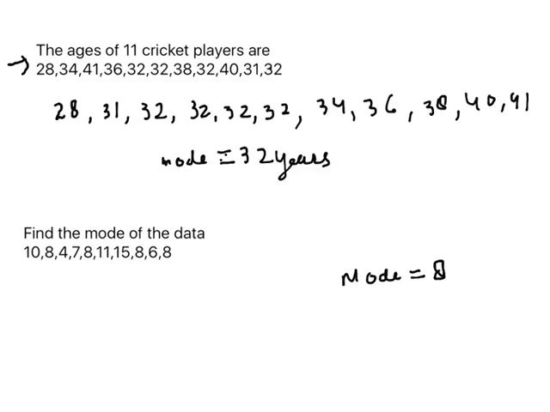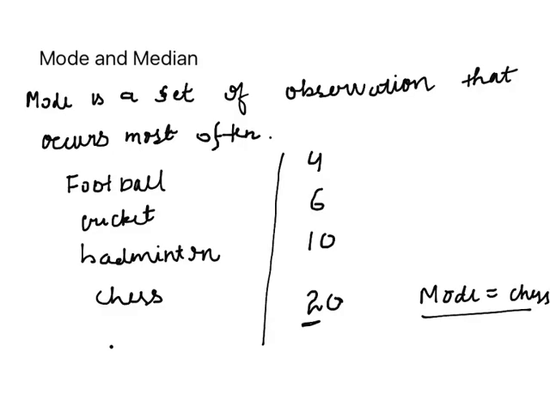And if we have large data, what we will do is find out the frequency, and the number with the highest frequency will be the mode, because the frequency, that is how many times a specific number occurs, tells us the highest frequency, and that will be the mode. That we did here, where we counted the number of students for each game, and the number that occurs the maximum number of times gives us the mode. So this is the way to find out the mode of large data.